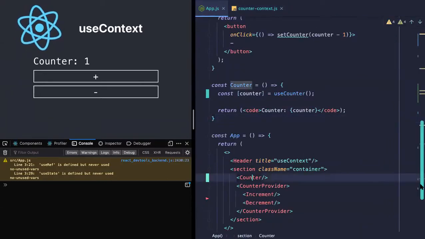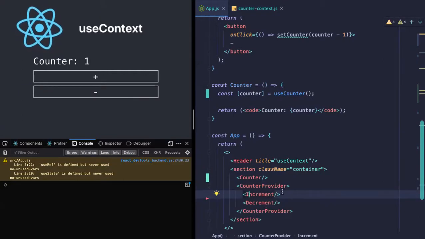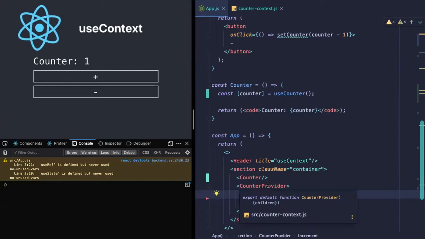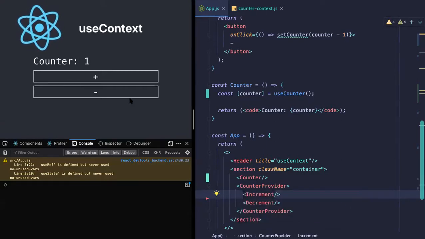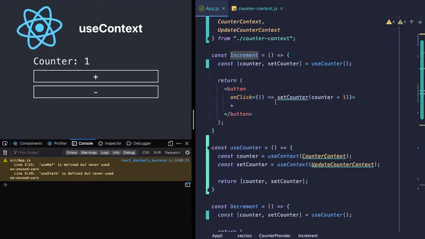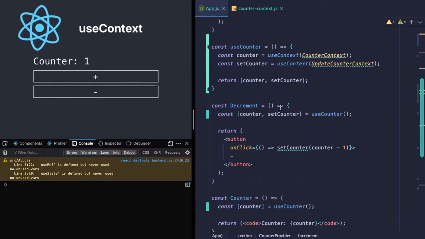Right. So let's see how we can possibly solve this. I'll keep the counter in here for the time being. What I would want is that whenever my counter, or even my increment or decrement, anything where I'm using my counter, is outside my counter provider, then I would want at least my implementation to tell me, okay, dude, you're doing something wrong, it should not be outside. Otherwise I would detect this particular bug only when I'm actually running the flow or testing.